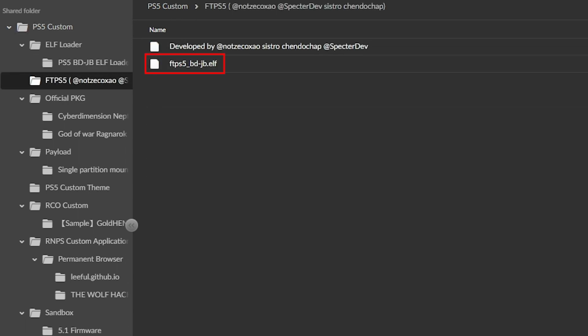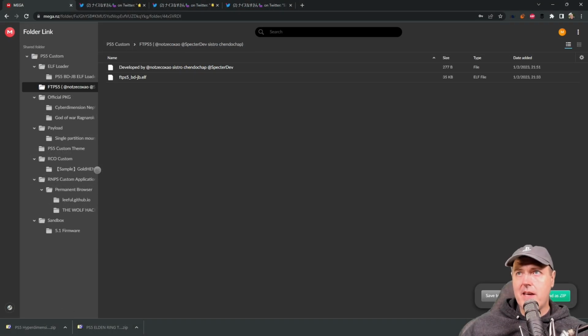What's significant about this Elf file is that it is designed to work with BD-JB. Meaning that in the past, we had to load the exploit with the BD-JB, run this persistent mod, and then go over and use WebKit in order to get FTP. Now we're going to be able to do it all through BD-JB. And don't worry if this sounds a bit confusing,